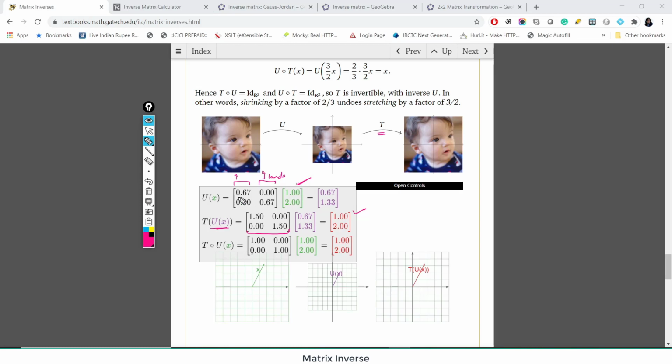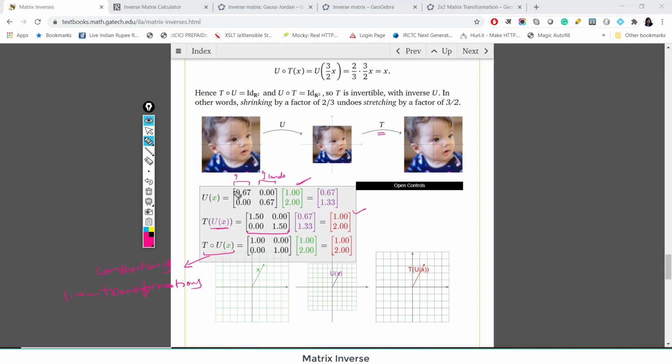So basically, you can see here in this graph as well, this is your original vector x, and after applying the linear transformation you are getting U of x. If you apply one more linear transformation T on that, you are getting T of U of x, which is again the same as x. One more concept you can verify here is T∘U. If you remember, this notation is composition of transformations. So composition of linear transformations is simply equal to the matrix multiplication, right? So this is one example which we have seen.